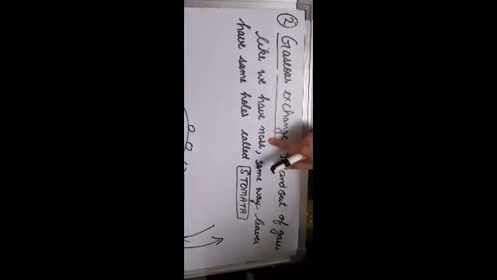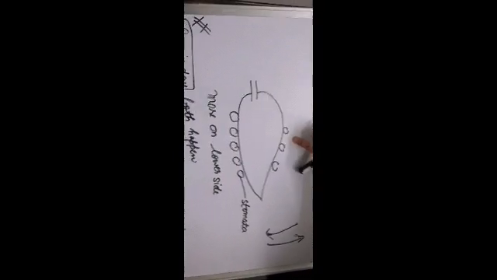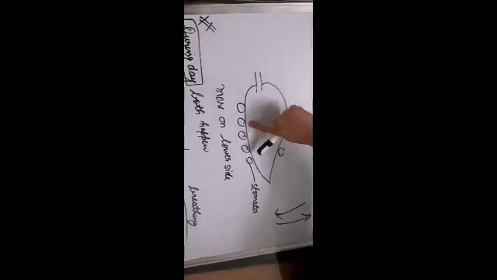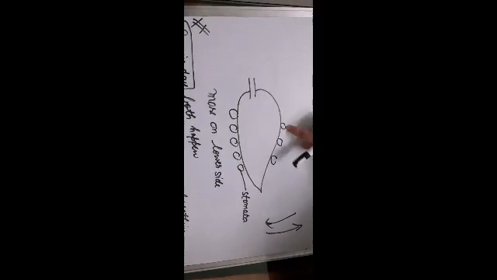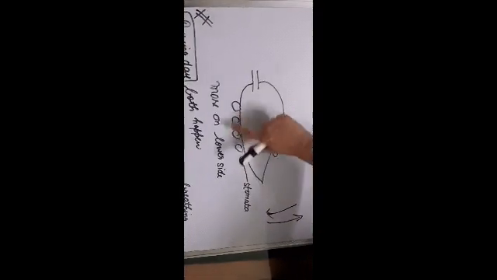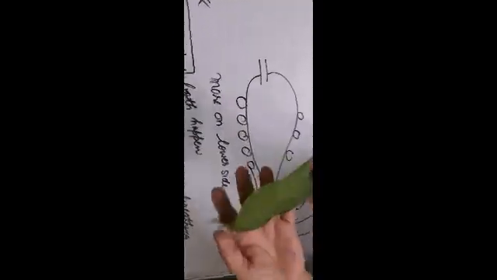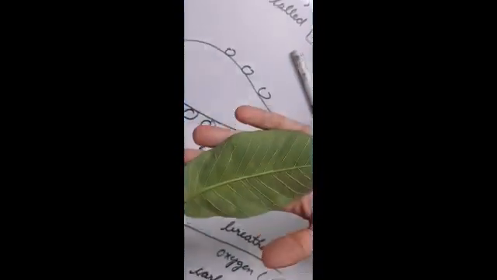As we have nose, similarly the plants or the leaves have small holes which are called stomata. If you see here, I have drawn the diagram of a leaf. So on the upper side as well as on the lower side, there are small holes, like we have nose. So these holes are called the stomata. However, on the lower side of the leaf, there are more stomata.